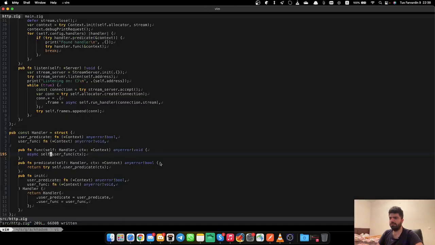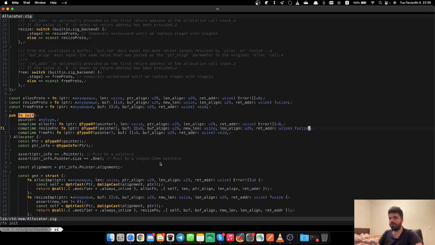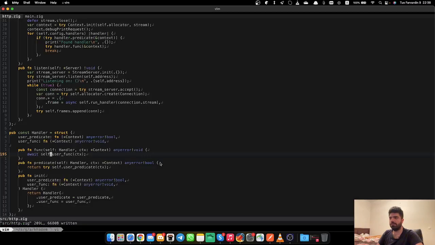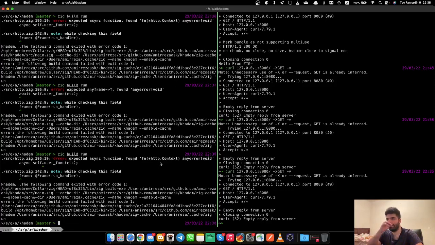Why is that? Can we do await on it? I basically don't know what to do anymore. There's no await for this, of course, because it does not return anything. But I thought that we can run this as an async. Expected async function found this while checking this